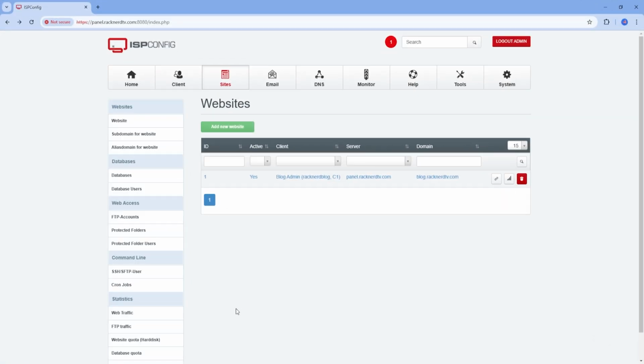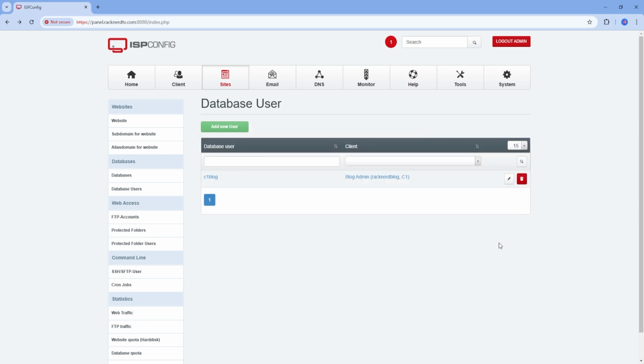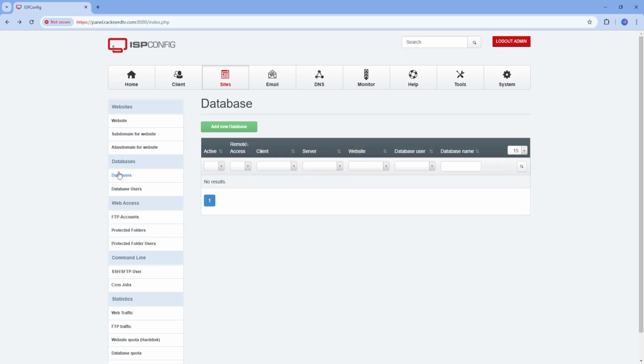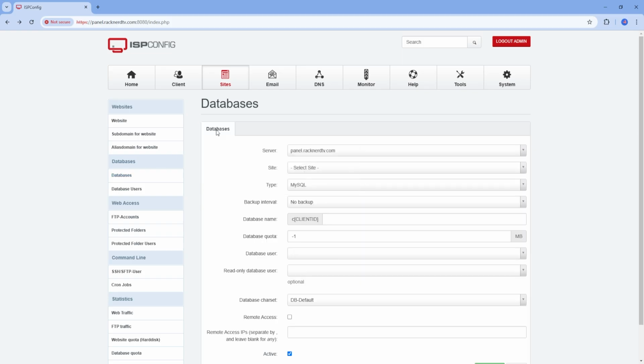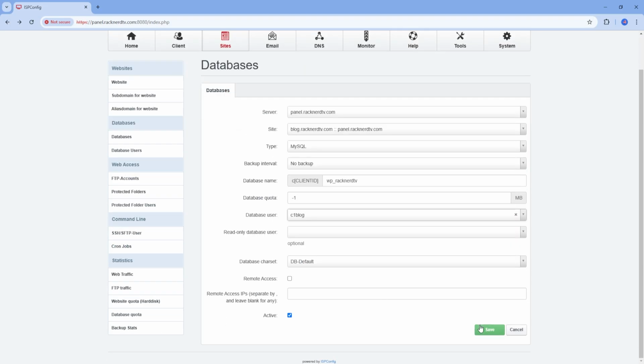Moving forward, it's time to create a database for WordPress, but before that, make sure that you create a database user first. Please follow along with what I do so we're on the same page. Once done with creating a database user, let's proceed to the database section in ISPConfig and add a new database. Give it a meaningful name like WP_RackNerdTV. Be sure to save your database name, username, and password, as you will need all of those details during